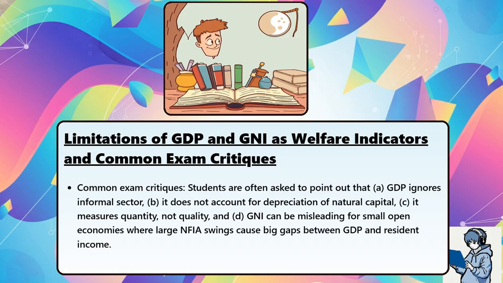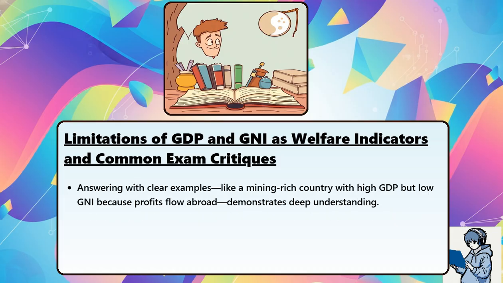Common exam critique: students are often asked to point out that a. GDP ignores informal sector, b. It does not account for depreciation of natural capital, c. It measures quantity not quality, and d. GNI can be misleading for small open economies, where large NFI swings cause big gaps between GDP and resident income. Answering with clear examples like a mining-rich country with high GDP, but low GNI because profits flow abroad demonstrates